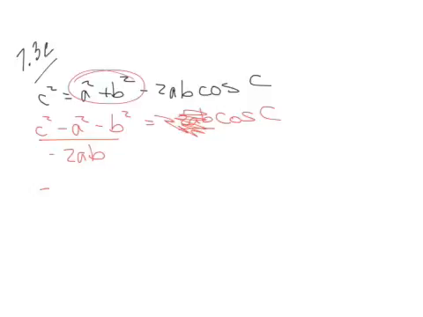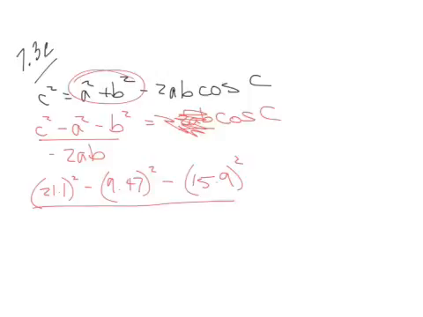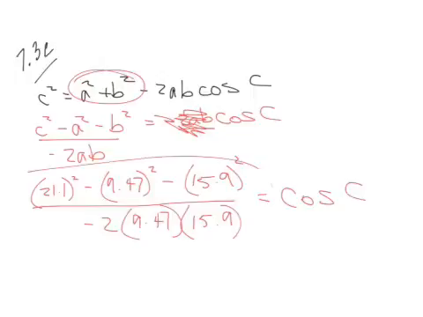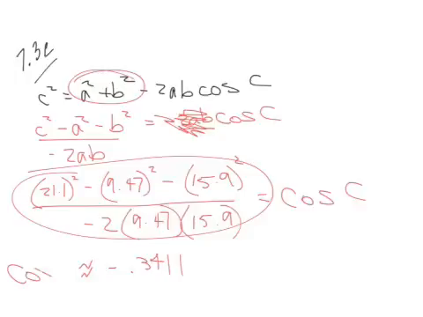Alright, so at this point let's plug our numbers in. We've got 21.1 squared minus a, which is 9.47 squared, minus b squared, 15.9, over negative 2 times a, 9.47, times b, 15.9, and that equals your cosine of c. So we do all the math for this, and we should get negative 0.3411-ish,